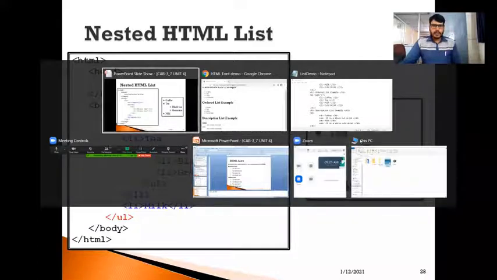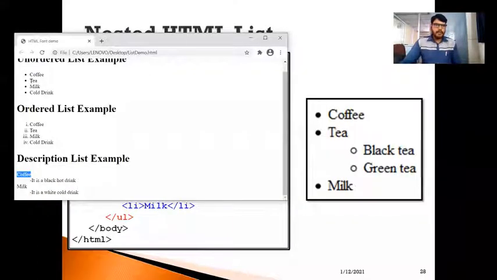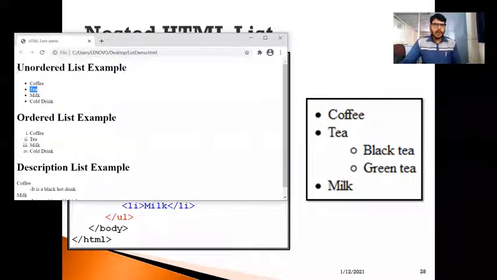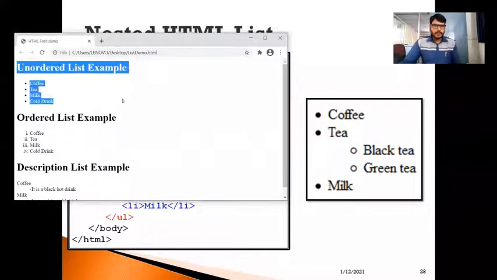Okay, so already I have included a tea here. So within this tea, I want to generate a sublist now, like black tea or green tea. So in the unordered list, I want to generate a sublist now.